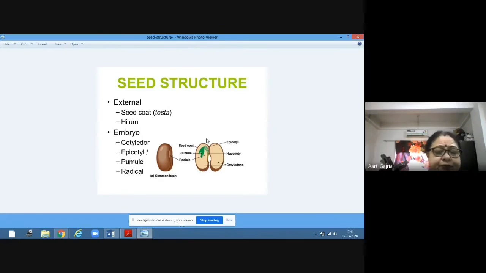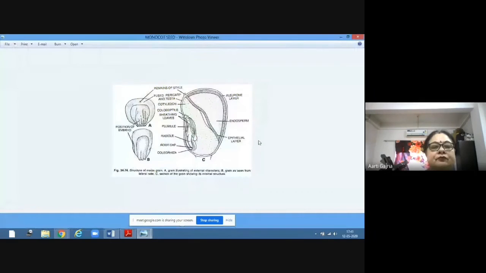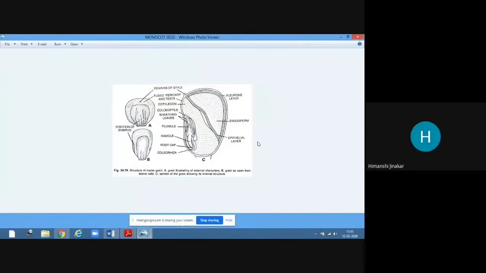You have seen sprouted moong, right? So if you study those sprouted beans, you can see these structures. You can see plumule and radicle. So plumule is the structure which is the future stem or the future shoot, and radicle is the future root. And these are the cotyledons which contain the reserve food material for this embryo.